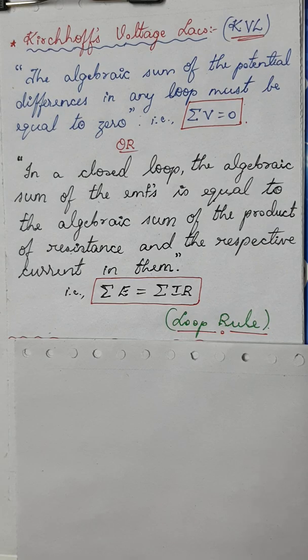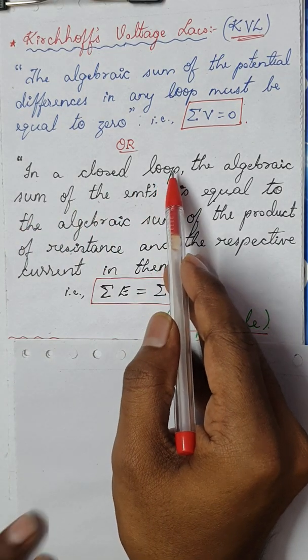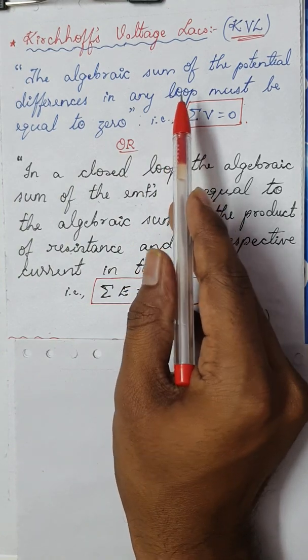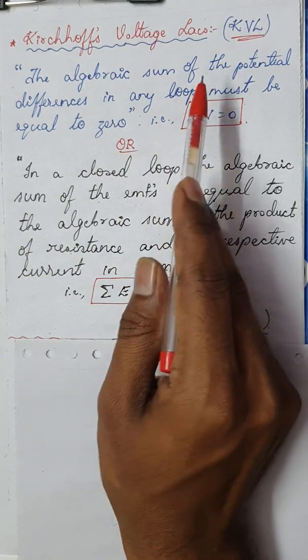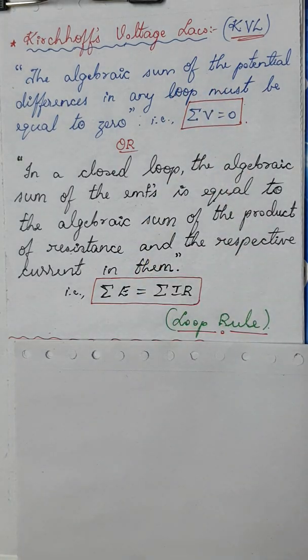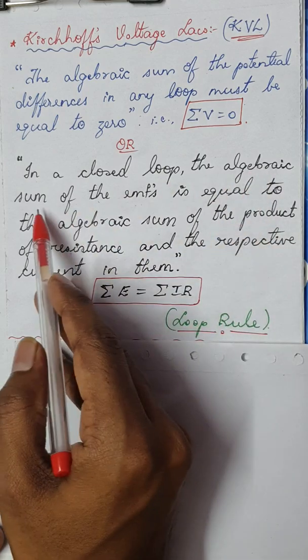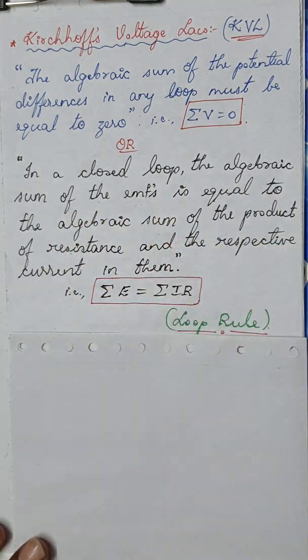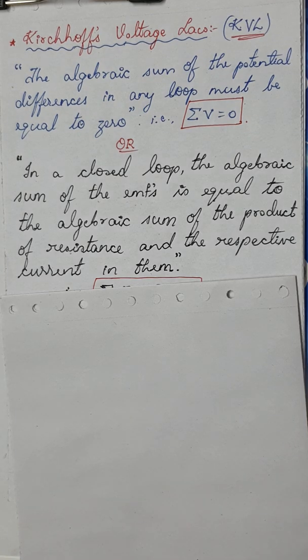In textbooks they also say it this way: in a closed loop, remember, there it is a node, here it is a loop. Difference between KCL and KVL: in KCL we consider a node, in KVL we consider a loop. Is it clear? So in a closed loop, the algebraic sum of the EMFs, electromotive force,